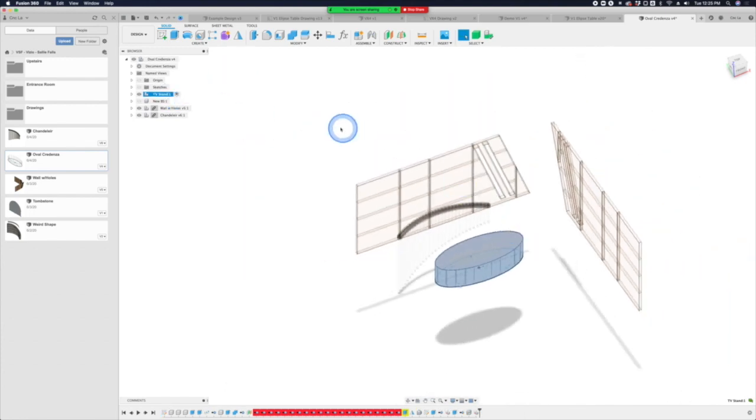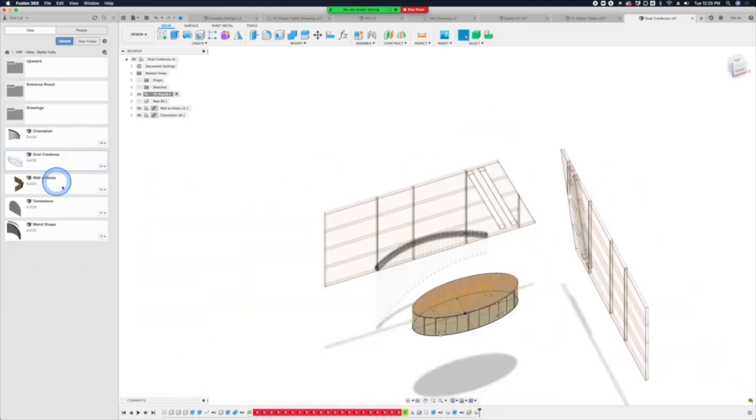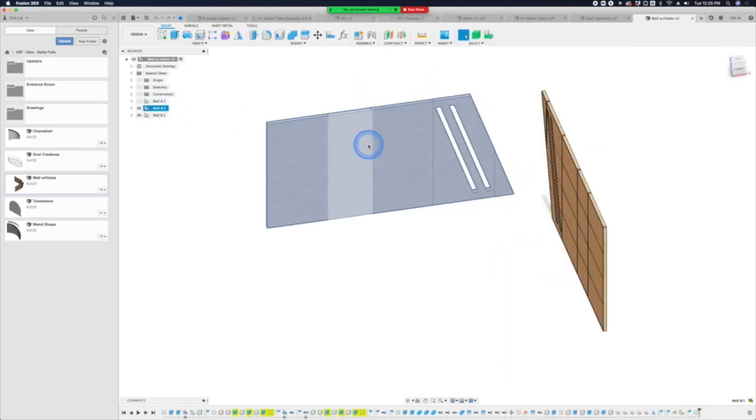Yes. Well, it'll give you an error warning. So I have all these walls in here. Yeah, exactly. Let me just show you what it looks like. So if I move this wall,